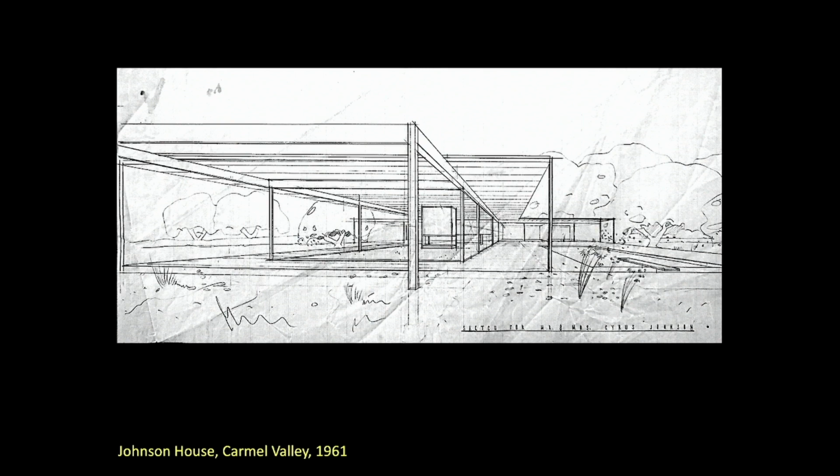And this is the sketch design for the Johnson house. You will note a swimming pool on the right, which is in a way the purpose of the house. It wraps itself around the swimming pool. And the idea for this particular house came straight from case study house 22, the Stahl house, which is L-shaped, as you can see in this picture, and also wraps itself around the swimming pool. But the Stahl house, although